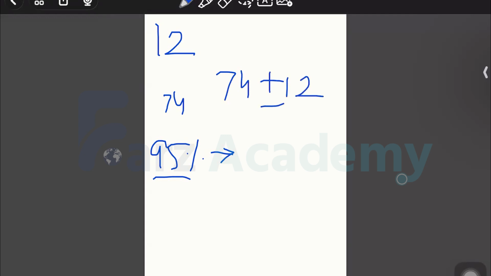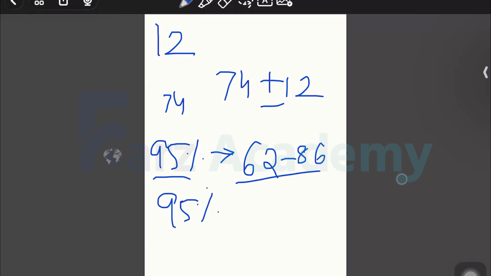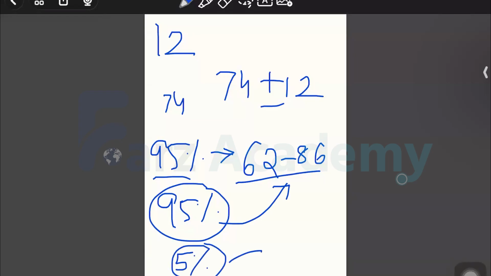Or suppose I say two standard deviations, that means it will become 12, 6 twos are 12, right? And the mean is 74. So 95% of the population is going to have pressures in the range of 74 plus minus 12. So that will come to 62 to 86. So 95% of 80 is going to have pressures in the range of 62 to 86. The rest 5%, how will you divide? 2.5 will have below 62 and the rest 2.5 are going to have more than 86.